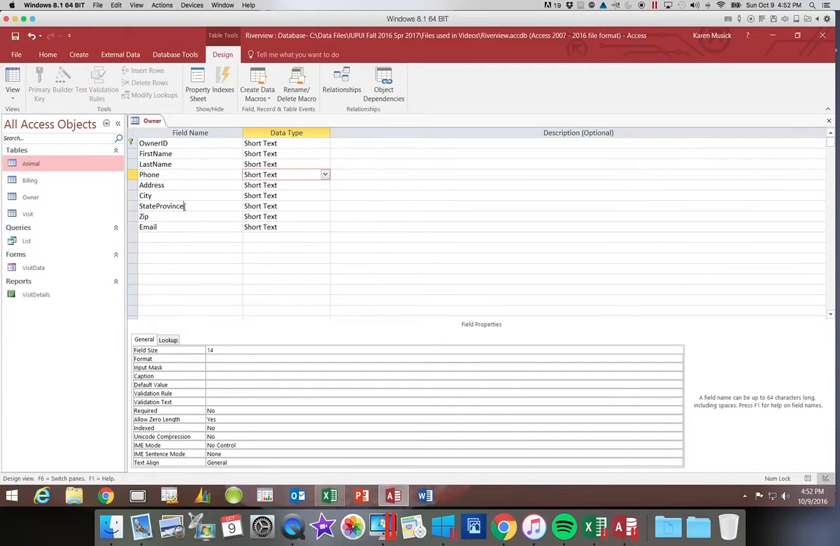For state province, we only need state, so I'm going to get rid of the word province. And then we can look at the other changes that would be necessary. So let's take a look field by field. So owner ID,